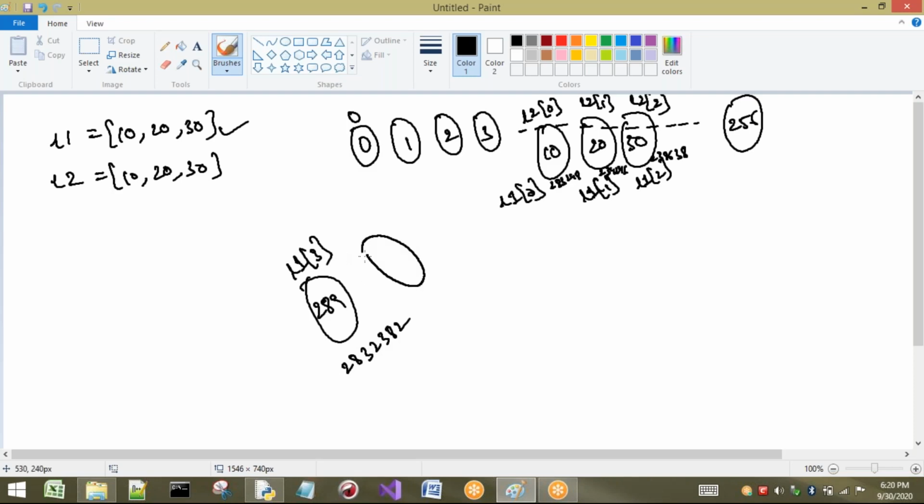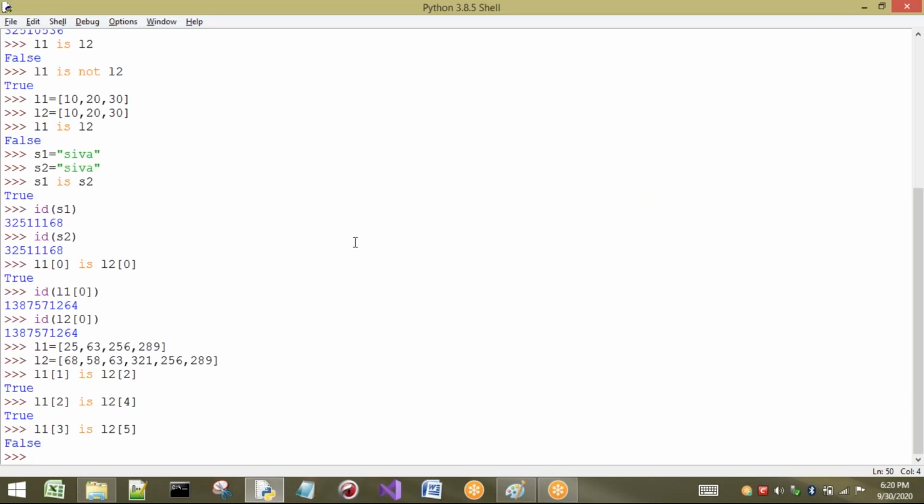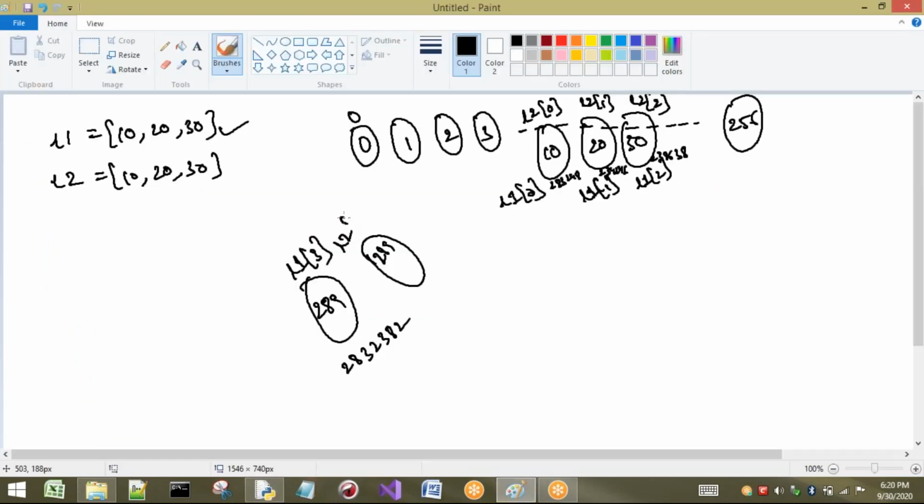First it will check whether the value is less than 256 or not. So is 289 less than 256? No. So it will create a separate object, and it is going to have the name L2 of 5. So these two are different objects, so it will have what? Different addresses. Okay, in this way we are going to have the addresses concept.